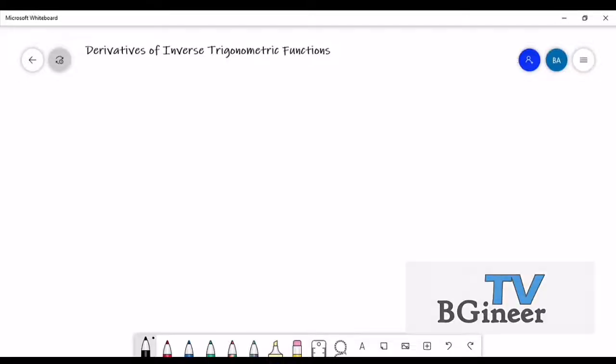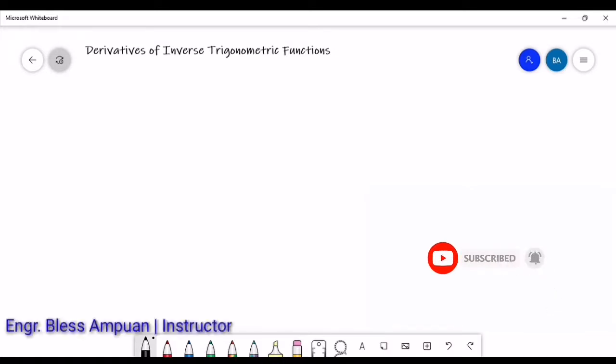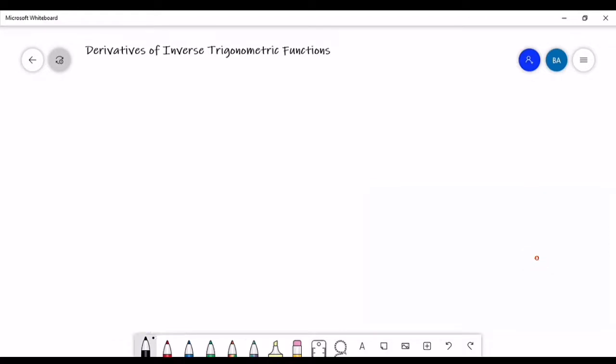Good day, everyone. The topic that we will be discussing today is about the derivatives of inverse trigonometric functions. Before we start with some examples, we must first identify all the formulas that could be used in order to solve this kind of equation. So the first formula that we will be using with regards to the inverse trigonometric functions is the derivative of